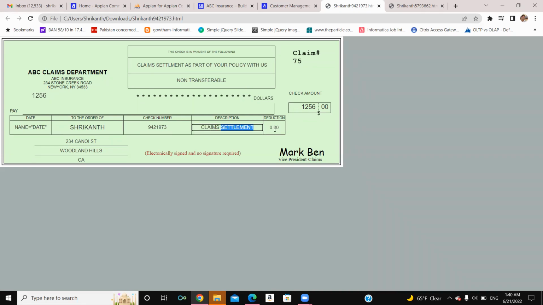And this is the deduction and the address. Basically, what is going to happen is when the check is printed, it will be sent over to this address. This is the address which I have added. And this is a signature. Fine. Let's go back to